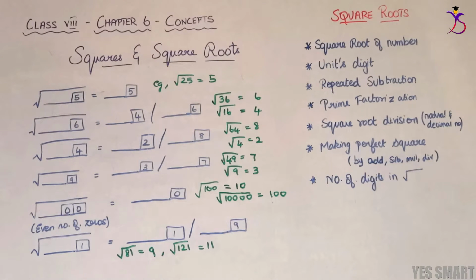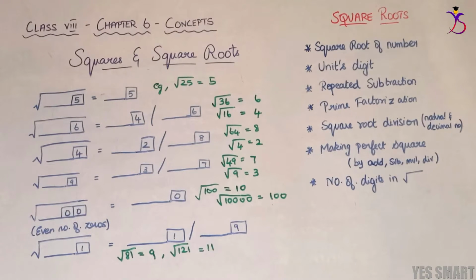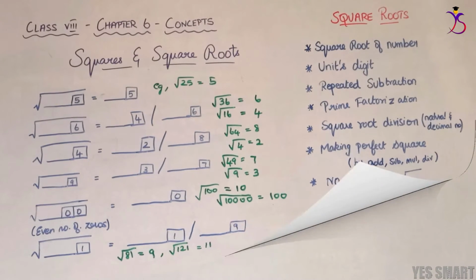This is not only for 2-digit or 3-digit numbers. It can be any number of digits for any perfect square. If you take the square root of a number ending with these kinds of digits, you will have the answer's unit digit correspondingly. So this is with the units digit of a square root.